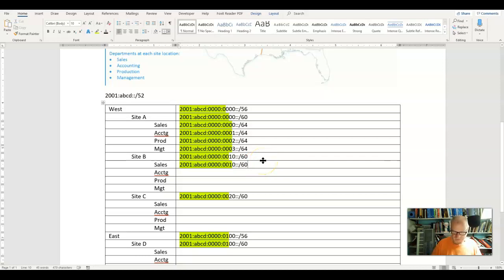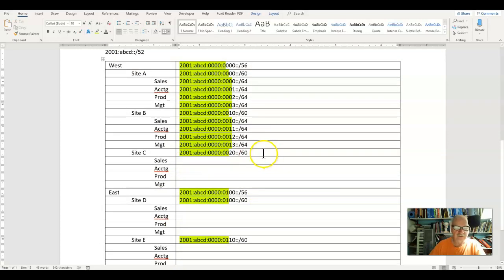And I'll also change this to a 64 because we have borrowed another 4 bits. And now I've got the 1 0, the 1 1, this is the 1 2, and this is the 1 3.